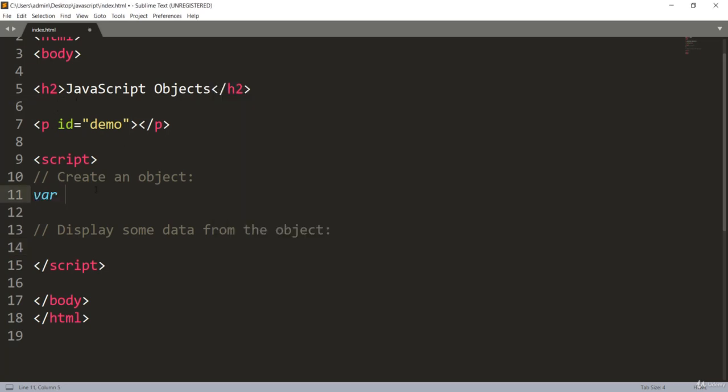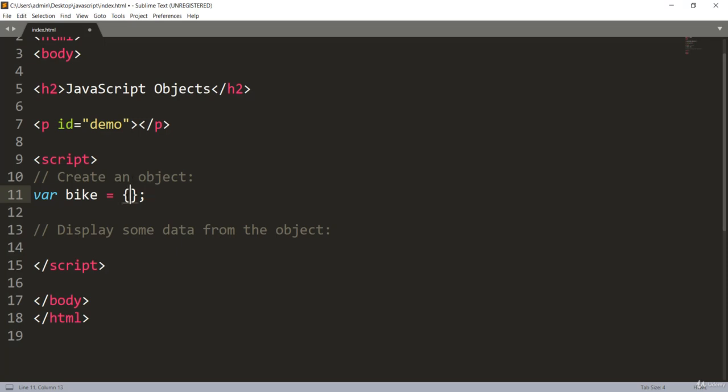First of all, I want to create the object. An object is created with the same var keyword we used to create variables, which can be numbers or strings. I'll create the object with the var keyword, and I'll call it car, or you can also say bike, because we are taking the example of the bike. So I'll say bike, and create the object with curly braces. This is the way to create an empty object. If I print this now, you will see an empty object is created.